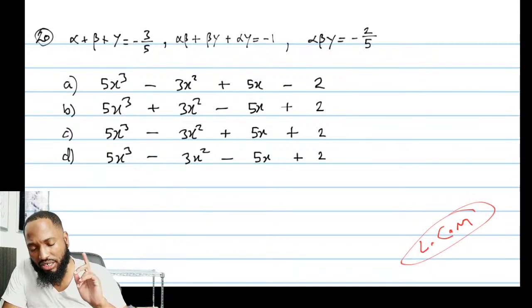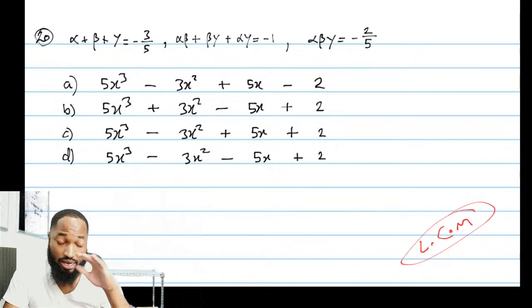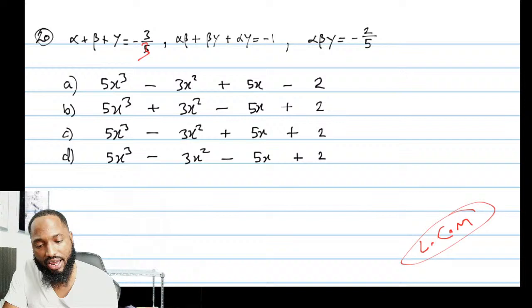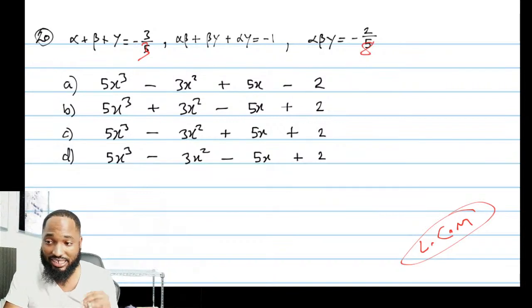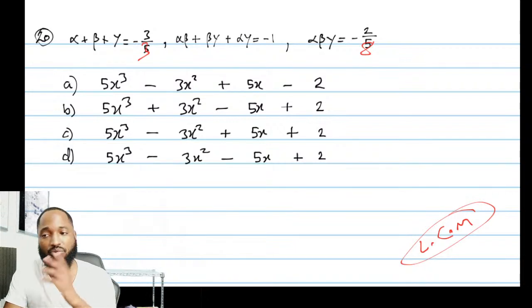So this question usually comes two kind of ways, like this way where it's just like 5 and 5 here, and you just multiply everything by 5 to get the integral form. Or sometimes they might have 3 and 8 here. So you'll have to find the LCM of 3 and 8 and multiply up, and you will end up with 24. So everything will get hit by 24.